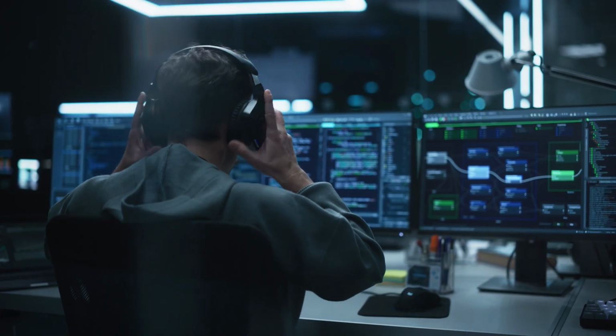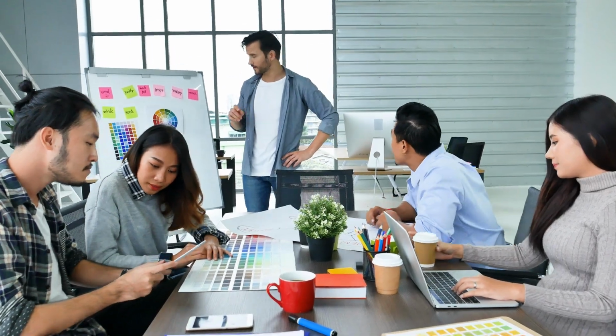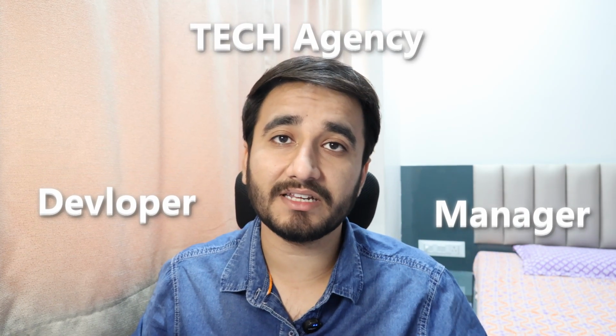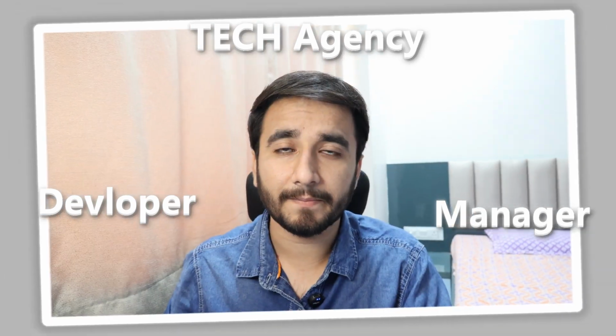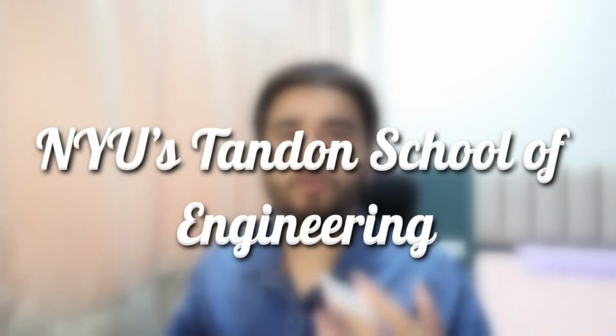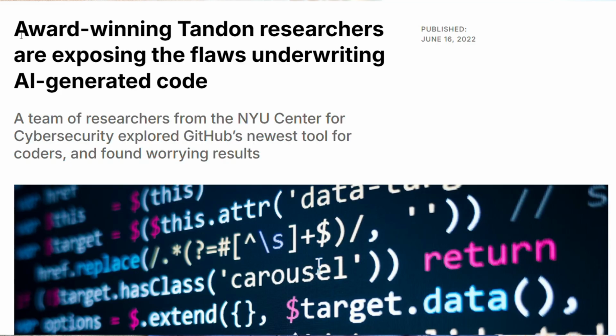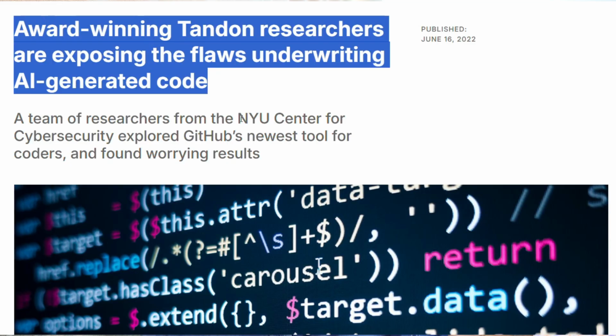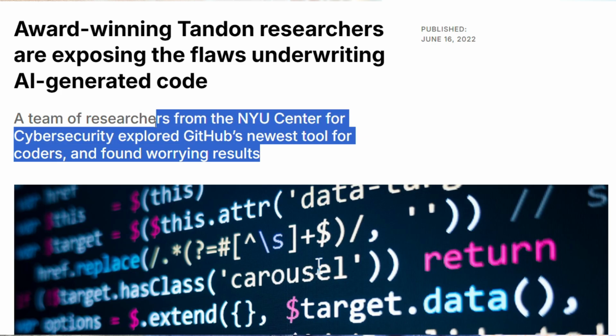Whether you are a solo developer using GitHub Copilot, a small tech agency building a client project, or a manager who oversees multiple developers, in all these cases, AI code assistance is an amazing booster for your productivity. A major study by the NYU Tandon School of Engineering found that AI-generated code often includes outdated syntax, memory-based bugs, and sometimes calls an unknown system which doesn't even exist. So how do we catch this issue before it becomes an expensive client revision and a production bug? That's exactly the problem solved by my friend CodeSpy.ai.